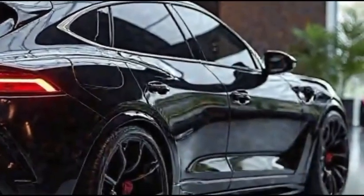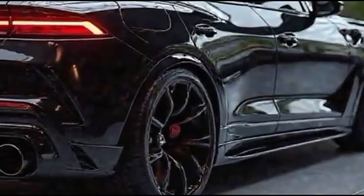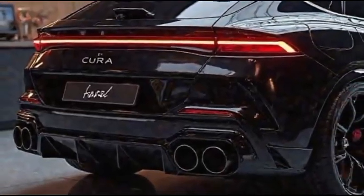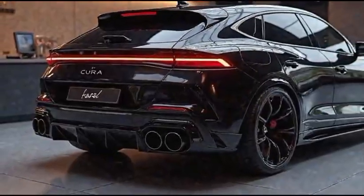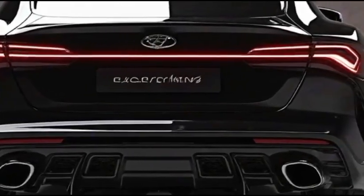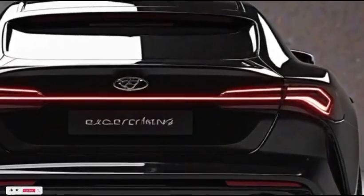Now, what about the price? The Cupra Raval is expected to start around €35,000 in most European markets, making it a competitive offering in the sporty EV hatchback segment. Of course, higher trims with additional performance upgrades, larger wheels, and extra tech features will push that price closer to the €40,000 mark. But even at the entry level, you're getting a well-equipped and distinctive EV that stands out